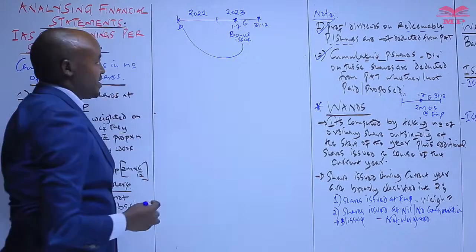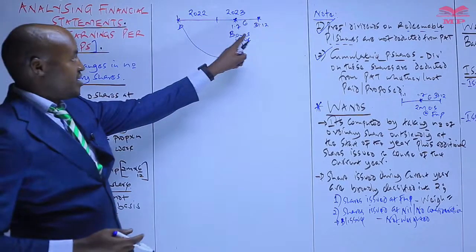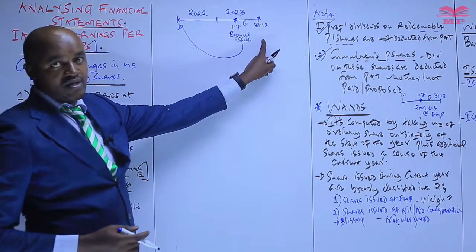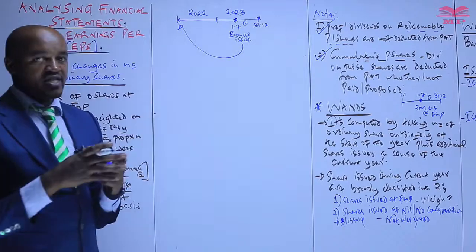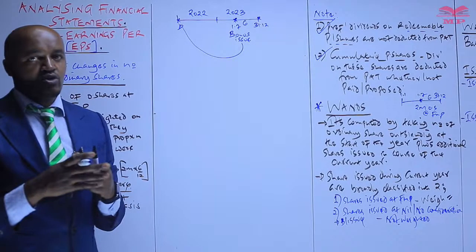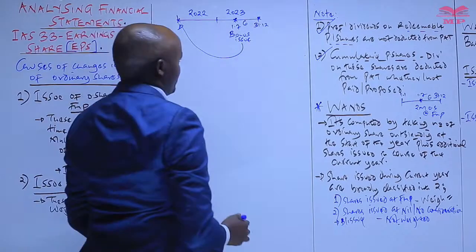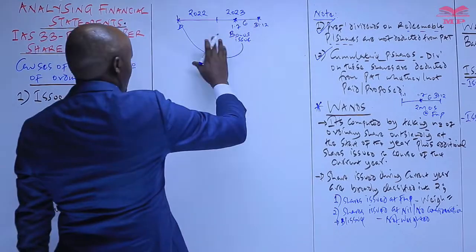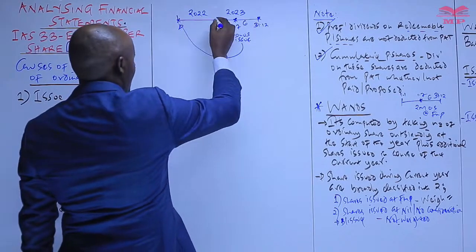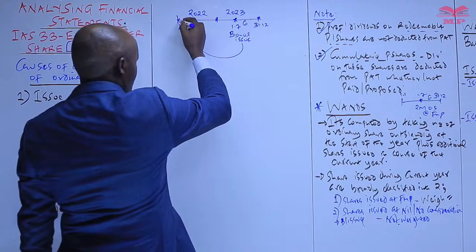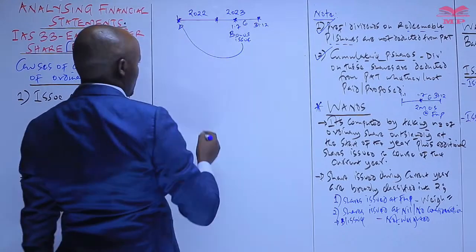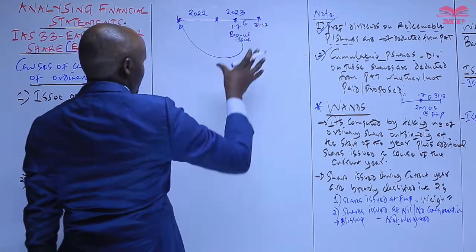Number 1 is that when computing the earnings per share, or when computing the one-offs for the year 2023, those particular shares, we don't multiply them with the proportion of time they were held during that year. We don't multiply them with 6 over 12 because we are saying these shares are assumed now to have been issued at the start of the earlier reported period, at the start of the year 2022. So therefore, these shares in this year, we don't weigh them on time basis.